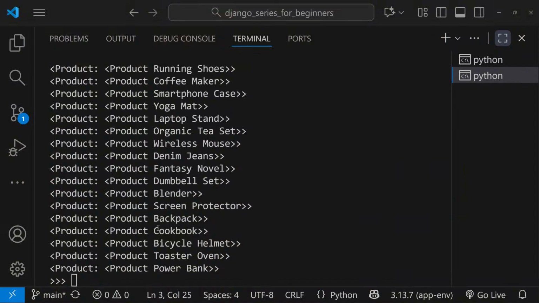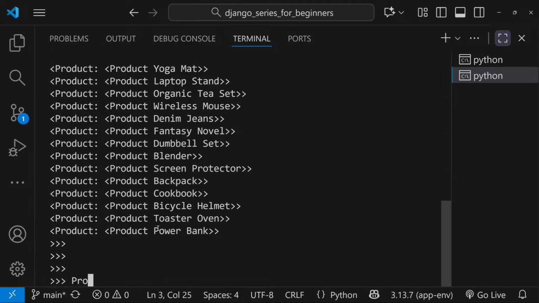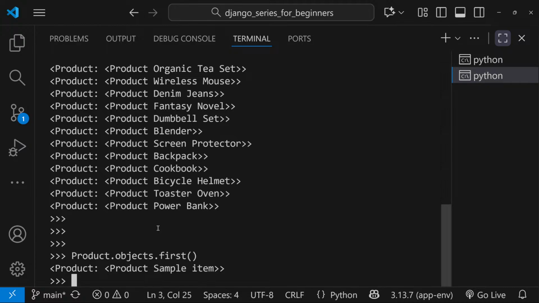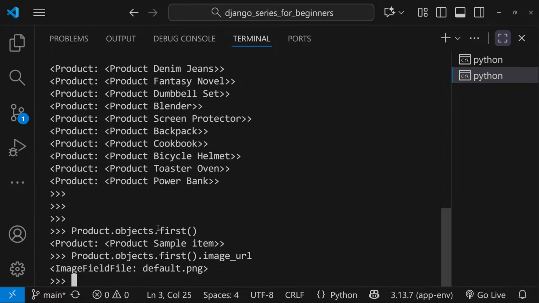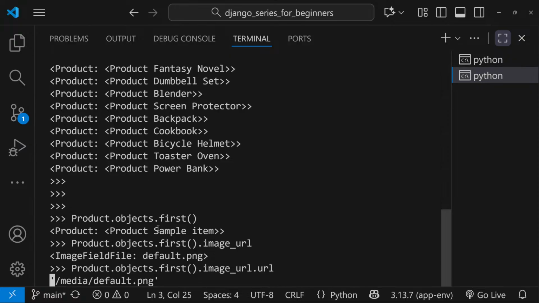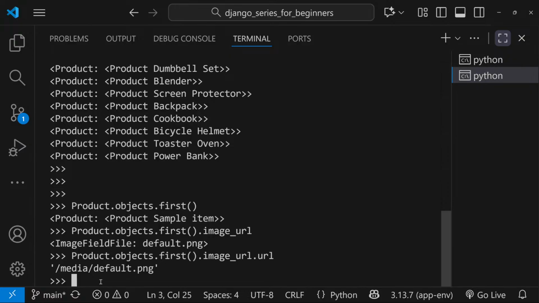So for us to do that, I'm going to try to access a specific object, like let's say the first product, by saying product.objects.first. That will return the first object, our sample item which we created. So if I say product.objects.first, then I access the image URL, we notice that that will return an object, and yet we want to access the URL. So what we want to do is go ahead and call the URL, and this time we shall see that this is going to point to